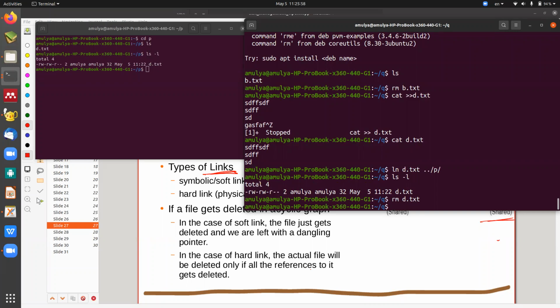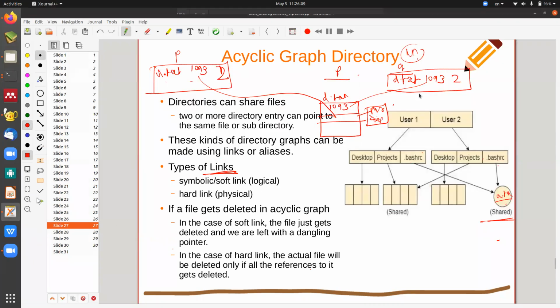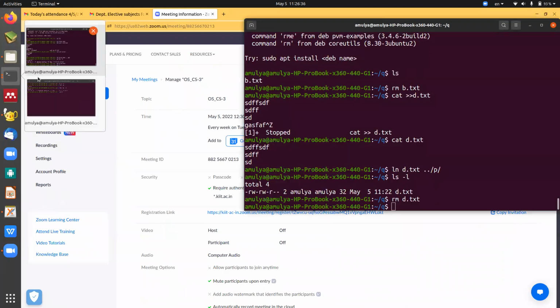I can access this file. I can access the hard link. So what it says, when you delete this file, what is its job? It has to reduce the link count from 2 to 1. Because both had what link count? 2 and 2. Where did you delete? In Q. When you deleted in Q, what did its link count become? 1. And it is saying, when you establish a hard link, unless the link count reaches 0, the file cannot be deleted. So the file still exists or not. And if you look, this file still exists in this particular place.